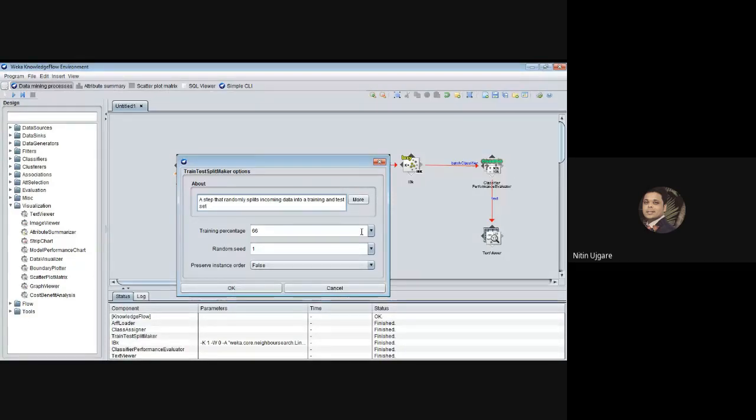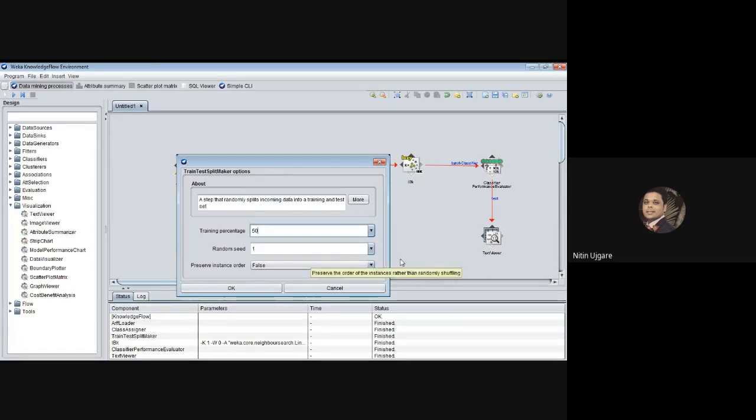You can change this percentage to see whether there is any change in the accuracy of the classifier. If I change this percentage split to 50-50, then out of 150 instances, 75 will go into the train data set and the remaining 75 will go into the test data set.